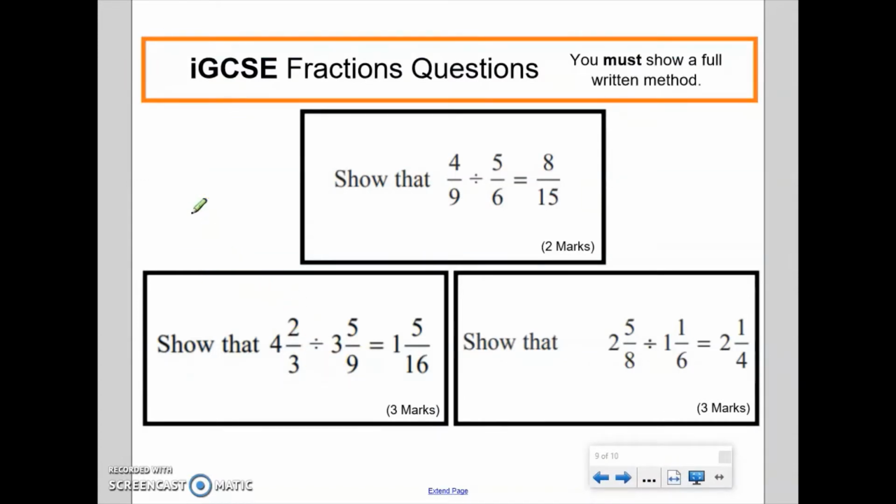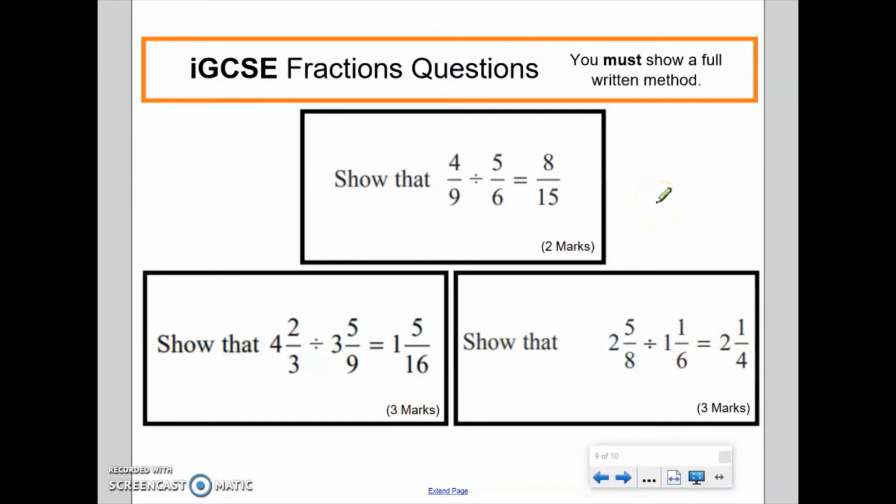Here is the last task for you to have a go at. So I've just selected 3 very common GCSE fraction questions. You can see in each question that it already gives you the solution. It already gives you the answer. So it already tells you what you're aiming for. So your marks, your 2 marks or your 3 marks,